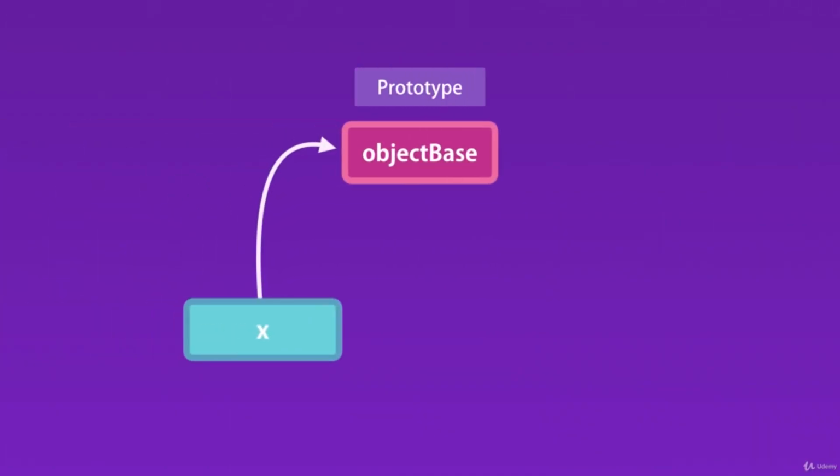Well, when we access a property or a method on an object, the JavaScript engine first looks for that property or method on the object itself. If it can't find it, then it looks at the prototype for that object. Again, if it can't find that member, it will look at the prototype of that object all the way up to the root object, which we called object base. So this is prototypical inheritance in action. When accessing a property or a method on an object, the JavaScript engine walks up the prototype chain to find the